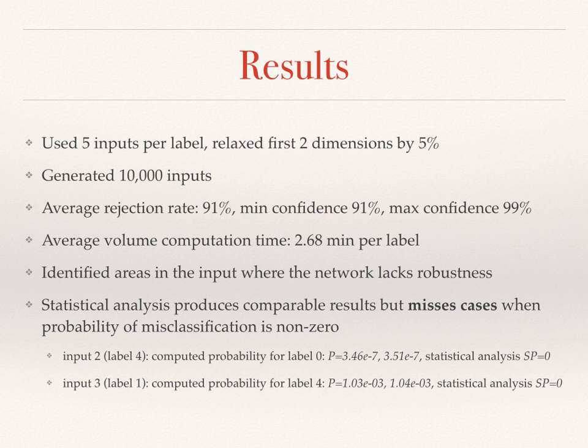And here are some of the results of our analysis. So we used 5 inputs per label, and we relaxed for 2 dimensions by 5%. And then we generated 10,000 inputs from within this relaxation by 5%. And then we computed several statistics. So for instance, the average rejection rate is about 91%, indicating that our tree data structure is pretty good at rejecting